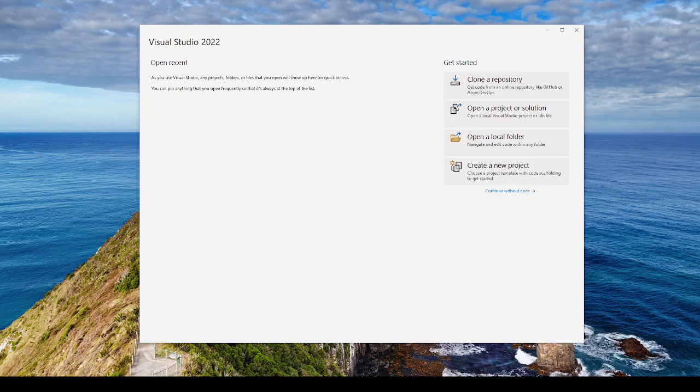Hello guys, I'm going to create a new video series for creating a Windows Forms application using Visual Studio 2022 in C# language. So when you open Visual Studio, you can see a window like this. Currently I'm using Visual Studio 2022, and if you are new to Visual Studio, you cannot see